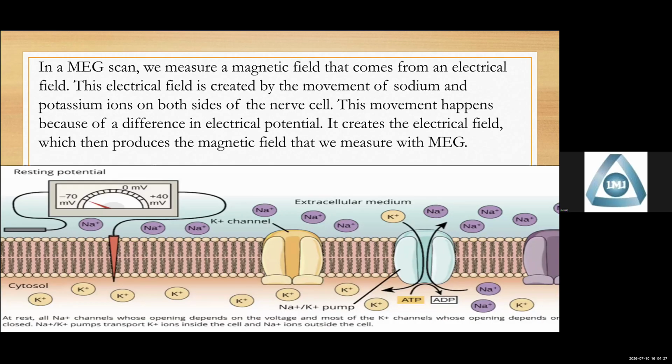But in MEG, we return to our experiment. In an MEG scan, we measure a magnetic field, not an electrical field, but a magnetic field that comes from an electrical field. That electrical field is created by the movement of sodium and potassium ions on both sides of the nerve cell. This movement,